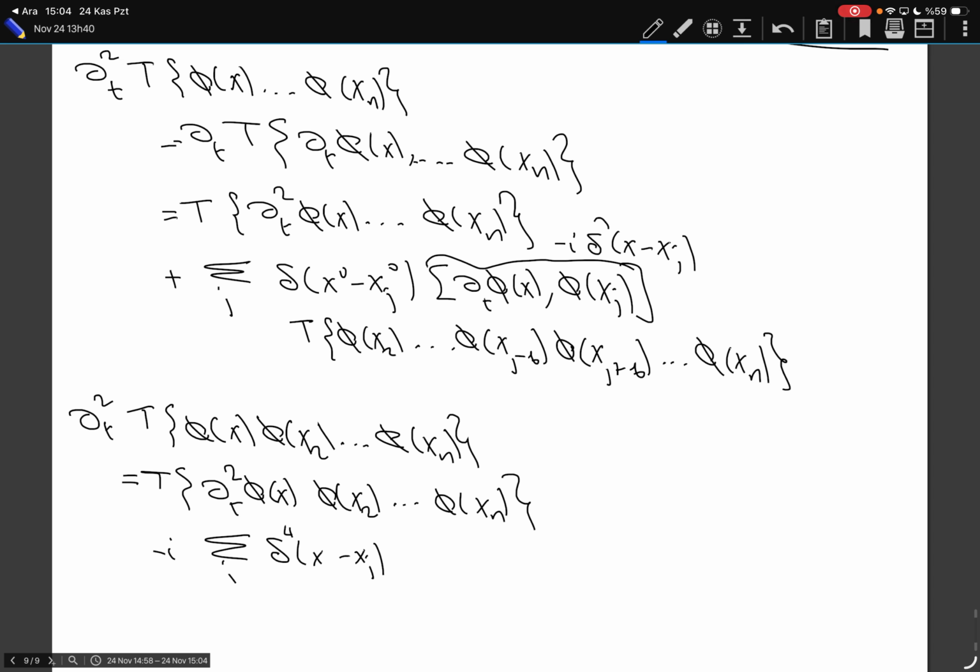Well, there is 1 because of the Dirac delta of time. There are 3 more because of the momentum coordinate commutation relationship. And I have time ordered of phi of x2, phi of xj minus 1,